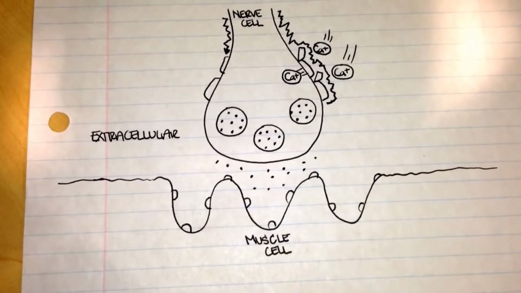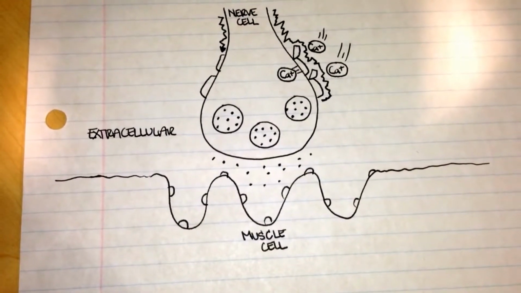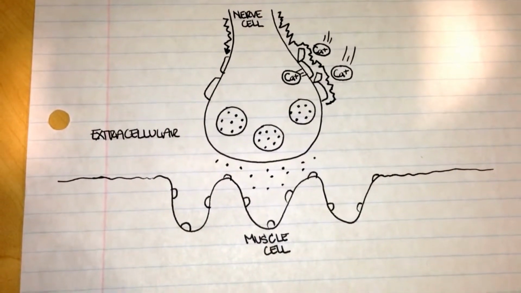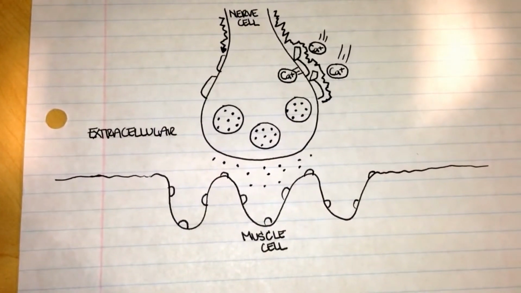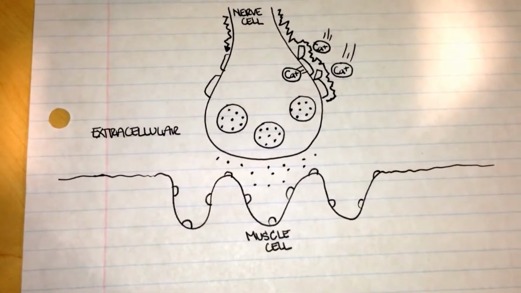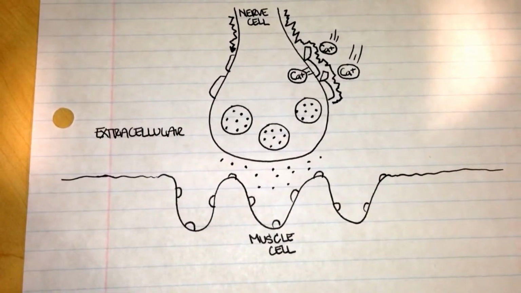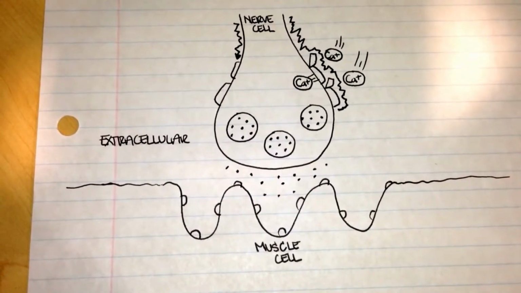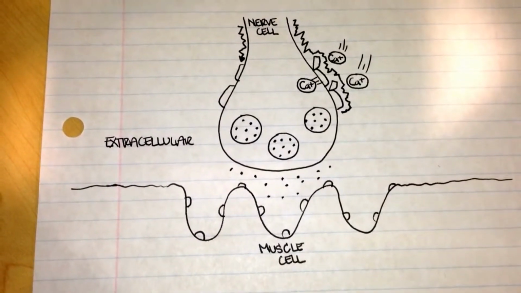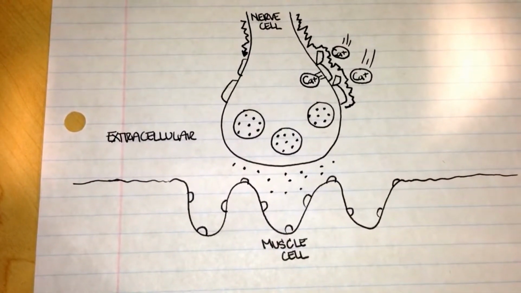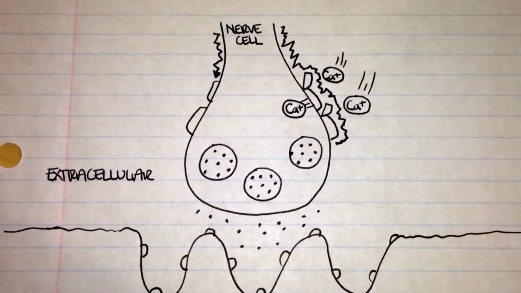Then, once the calcium ions are in the synaptic bulb, the vesicles that contain neurotransmitters known as acetylcholine will be exported into the synaptic cleft or the synaptic gap through exocytosis, and this is where the neurotransmitters will find their way to the ionotropic receptor, ligand-gated channel, or the nicotinic cholinergic receptor, where once the neurotransmitter gets in contact